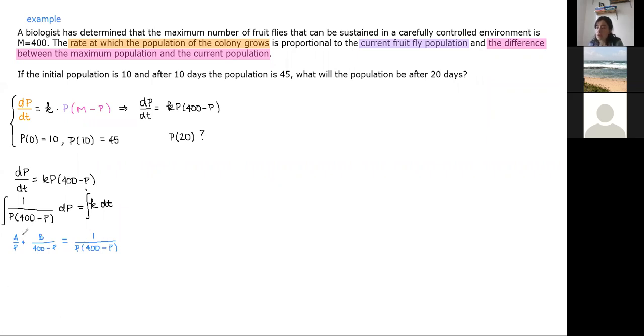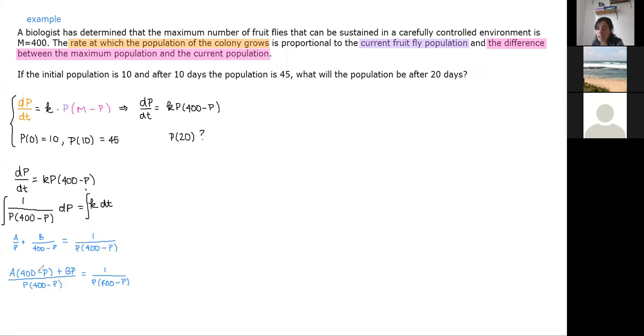All right, so what I have is a over p plus b over 400 minus p, which means that when I put everything on the same denominator, I'm going to have a times 400 minus p plus b times p divided by p times 400 minus p. And what I want to make sure of is that regardless of the value of p, so for every single value of p that I plug into the left-hand side and into the right-hand side, these two expressions are the same, right? So I need this to be true for any given value of p,